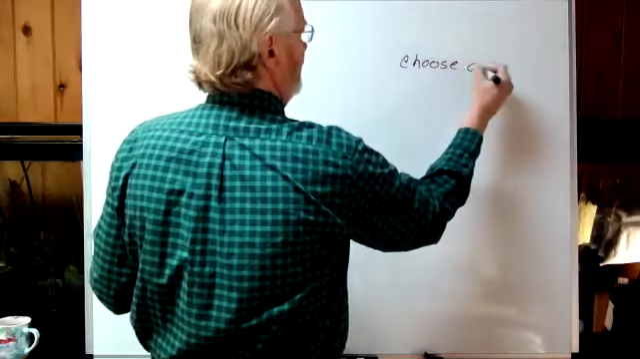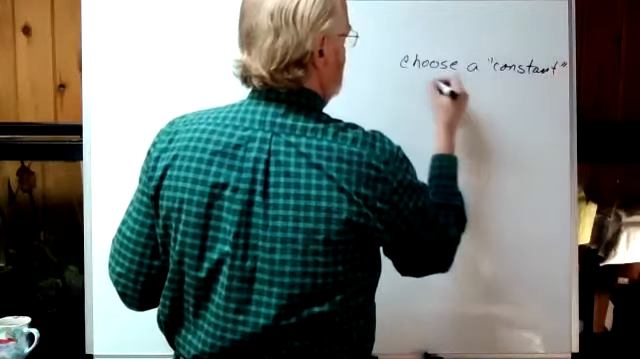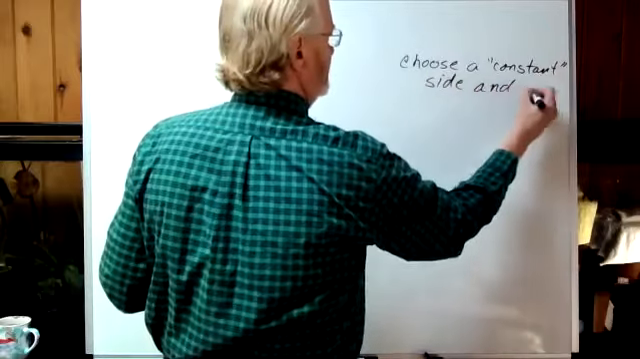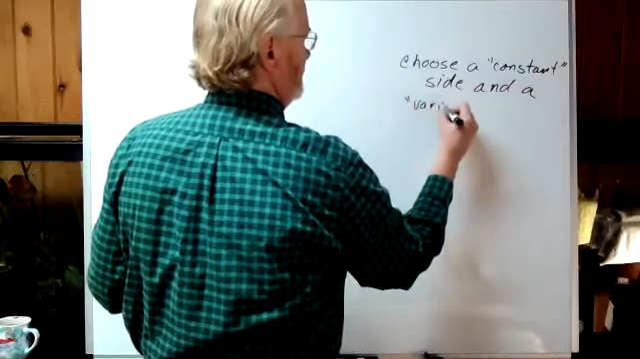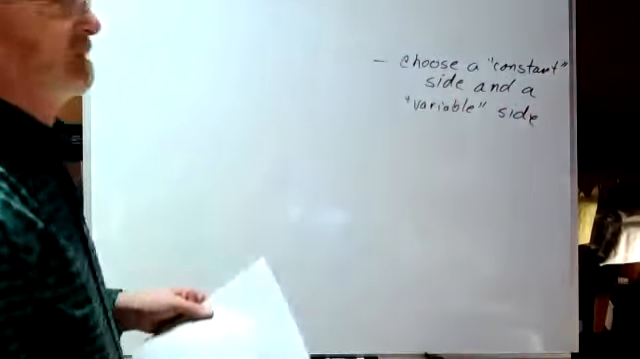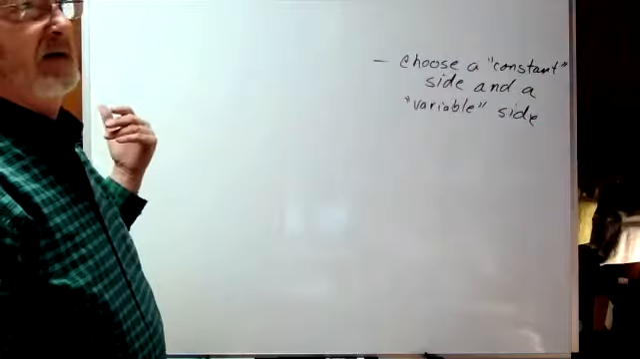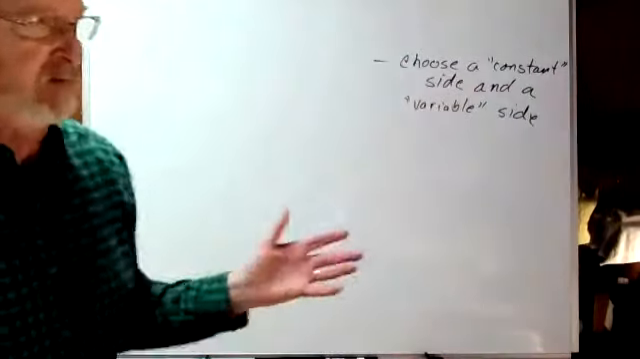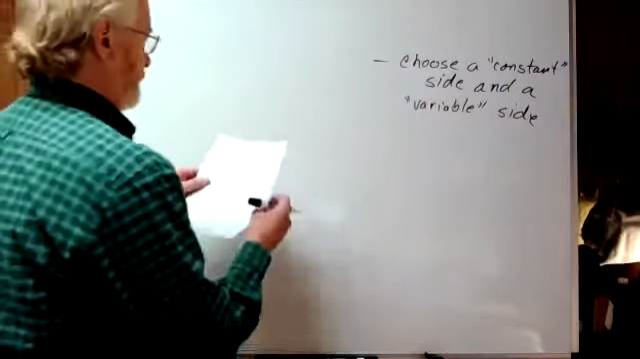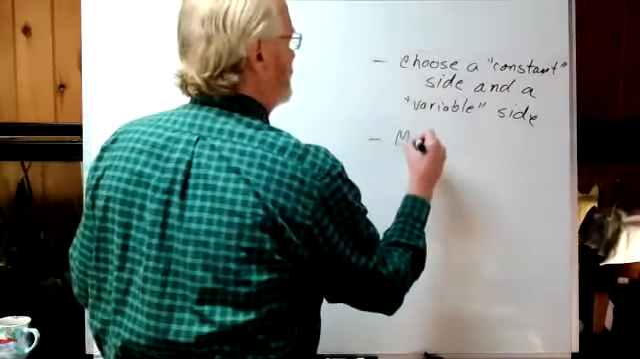Choose a constant side and a variable side. All right. Got an equation. We're going to say, I'd like to put all the variables on this side, the left side, and all the constants on the right side, or vice versa. It's totally arbitrary. Sometimes it looks like it's easier to move them one way or the other. Then we're going to, well, first that's just making the choice. Then move